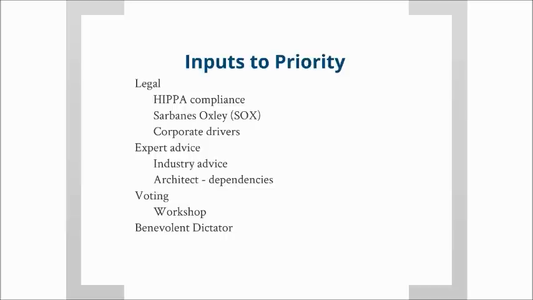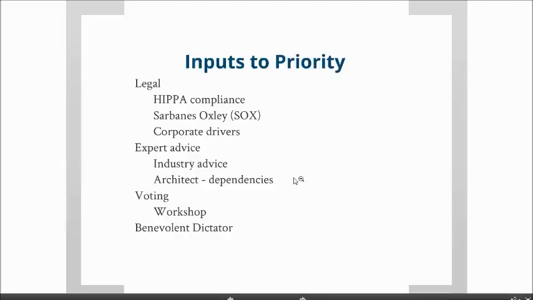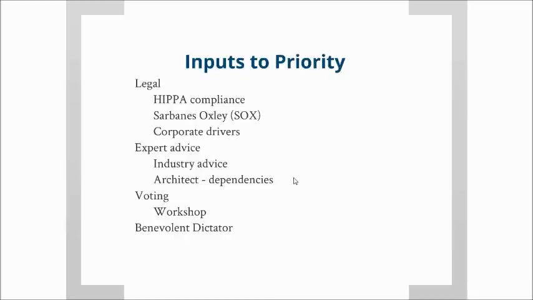So the first thing we want to say is the most important thing on the list is the one that is the most valuable to the customer, to the company, the one that brings the most value. Now, that is also influenced by dependencies, because certainly we don't want to spend all of our time working on a user story or a piece of functionality that we can't deliver because we've got to wait for 3 more sprints for